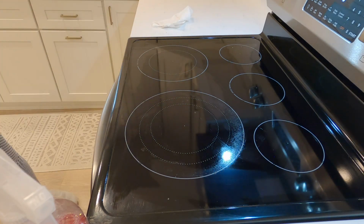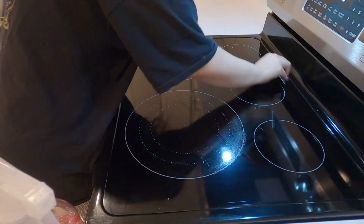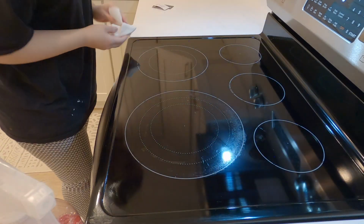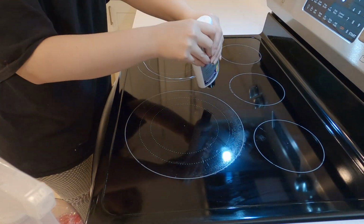So you probably can't tell what I'm doing here because I sped it up, but I took an old card that we don't use, and I was trying to get all the food that gets stuck in that little crack. Those little things just